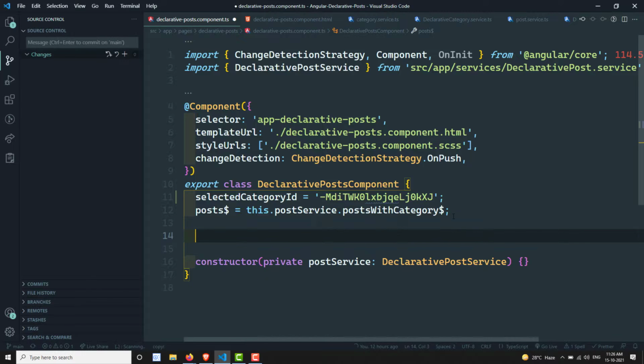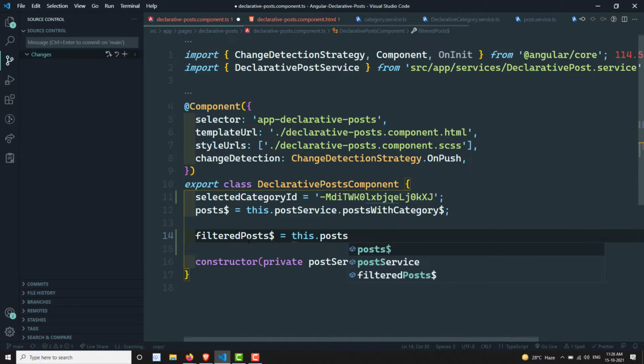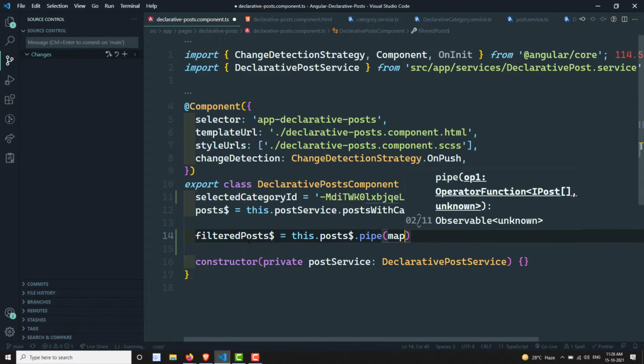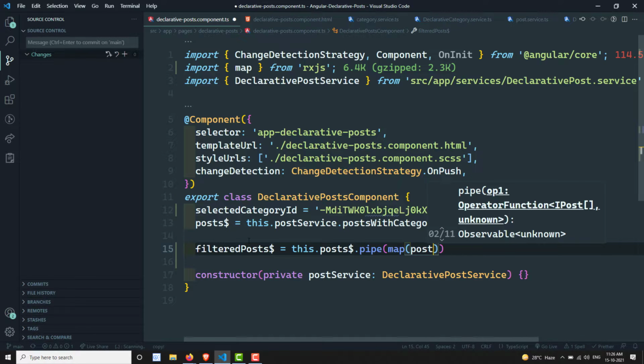Now I want to display only the posts which belong to this particular category. How can I do that? I can create a variable, filtered posts. I can go through all the posts with a pipe operator and add a map operator, so that I will get the posts.